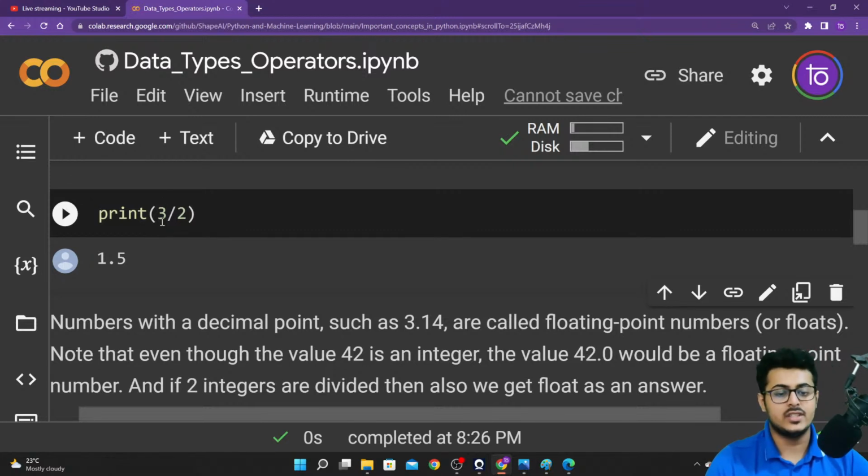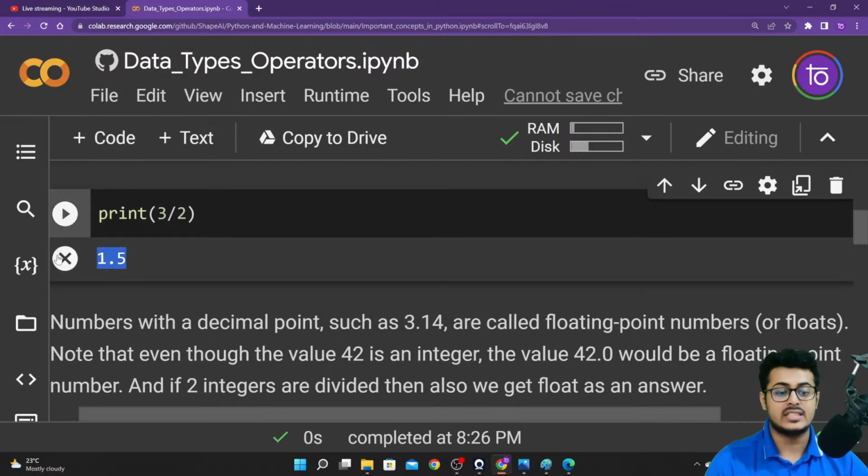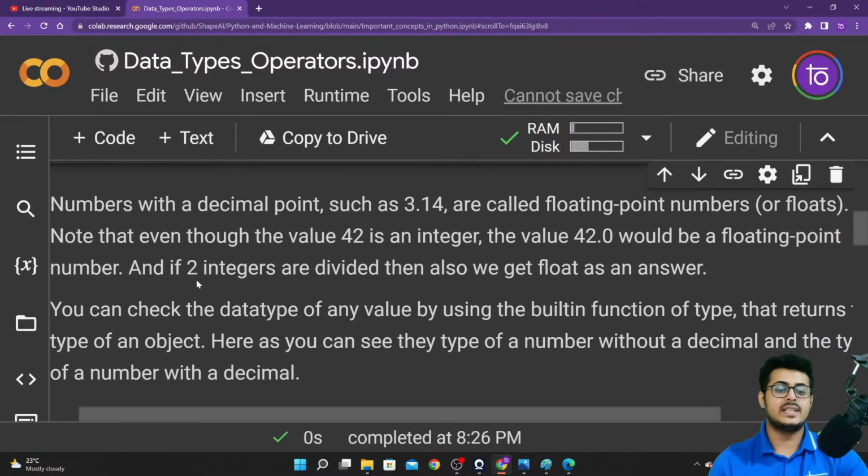Right over here, 3 divided by 2 results in something that is not an integer. Both 3 and 2 are integers, but we are getting a decimal number, and this number is called a floating point number in Python. Numbers with decimal points, like 3.14, are called floating point numbers or floats.